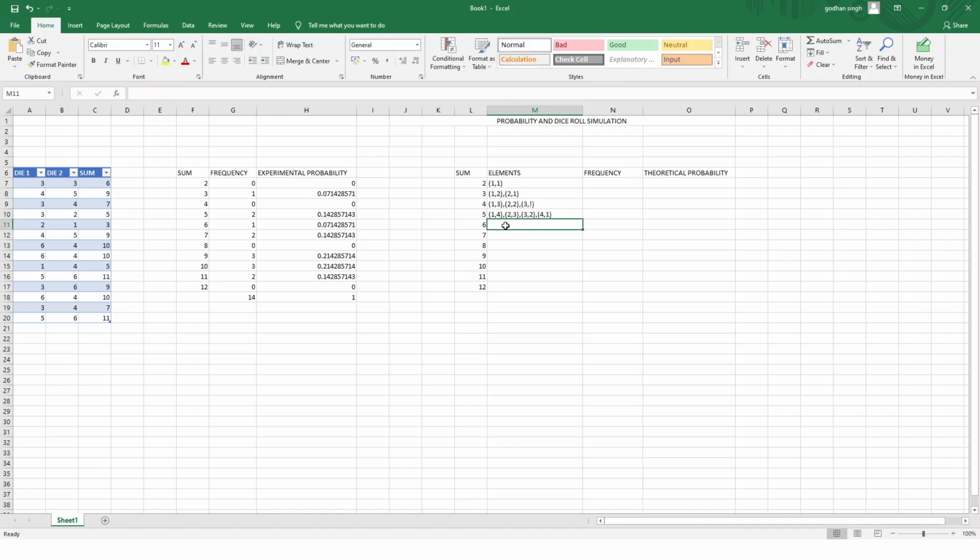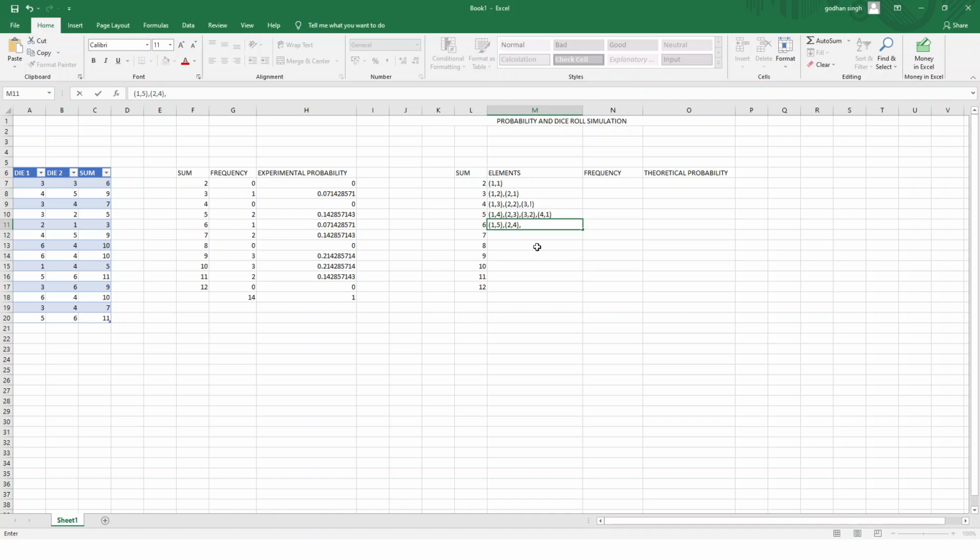How can you obtain 6? If we add 1 and 5. So let us start with (1, 5). Next, we'll increase the first entry and decrease the second entry. So now we'll increase 1, it will become 2, and this will decrease, it will become 4. So (2, 4) will give us 6.